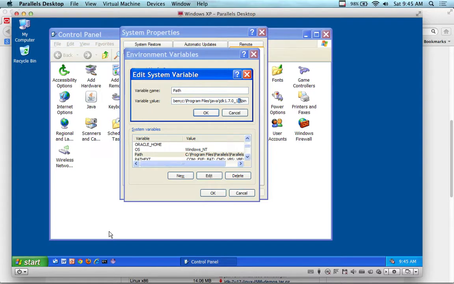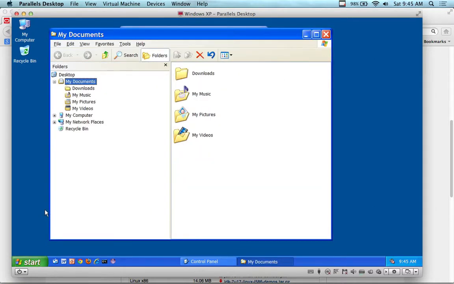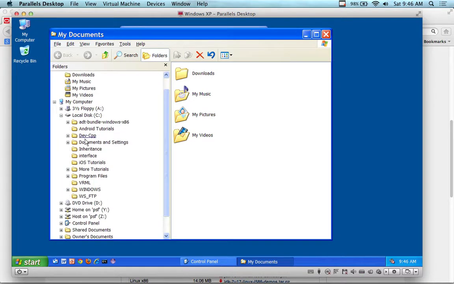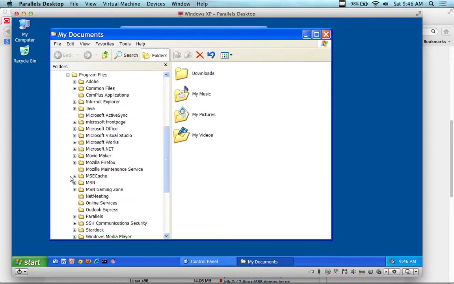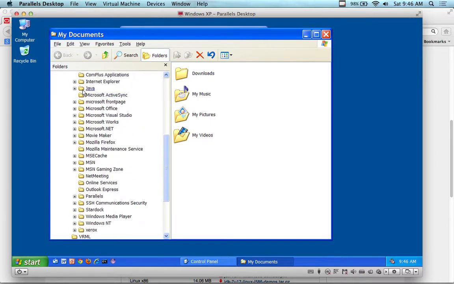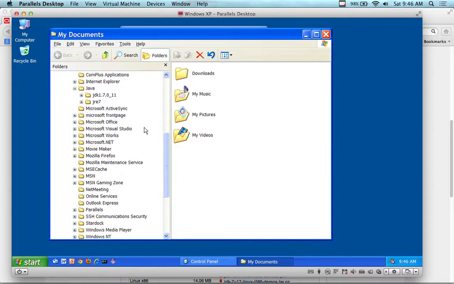If you're concerned about whether you have Java installed, go to your File Manager. I'm going up to Windows Explorer for File Manager, opening up the C disk, going into Program Files, and hitting Java up here at the top. So I've got Java, and you can see here on my screen I've got a JDK